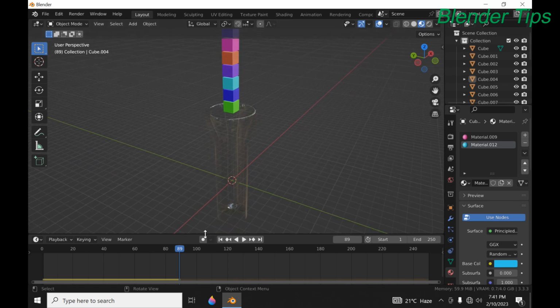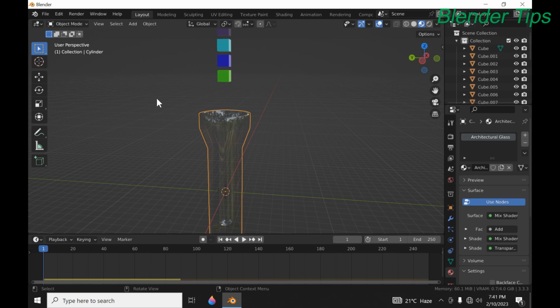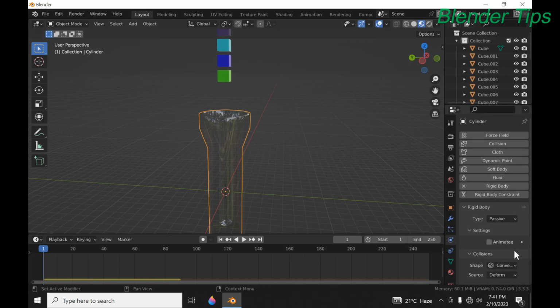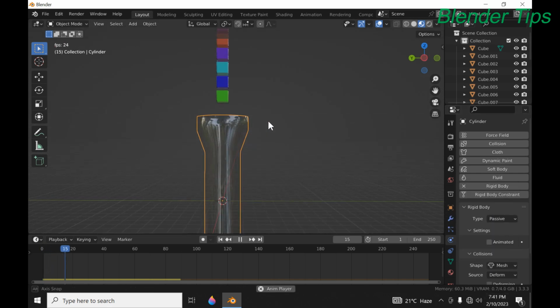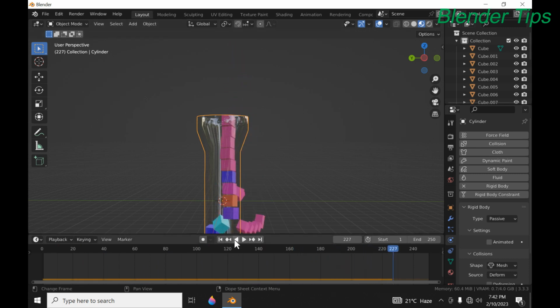To solve this, we select the glass jar, go to physics, and here we choose the shape. The shape should be mesh, which is taken according to this glass jar. Now look at this. Beautiful. The cubes are